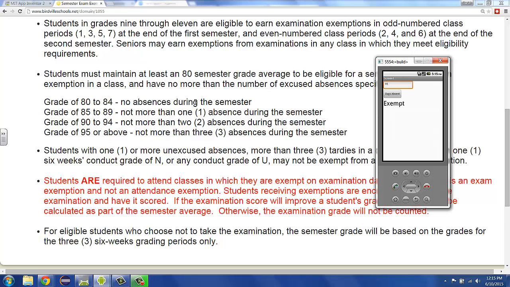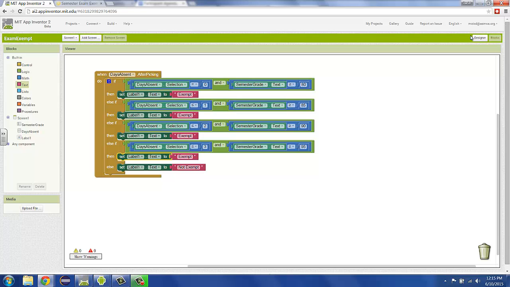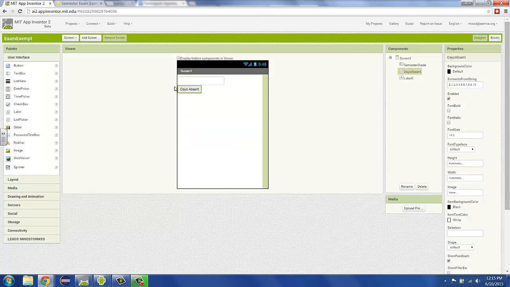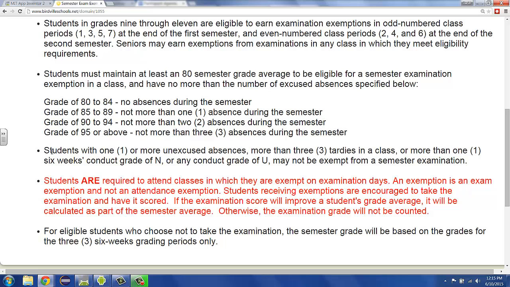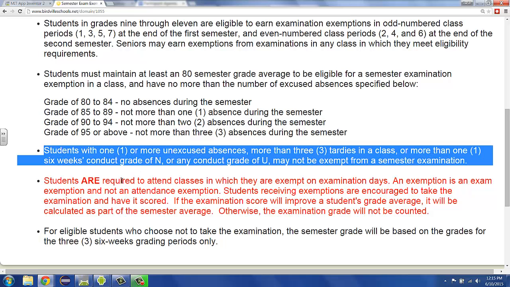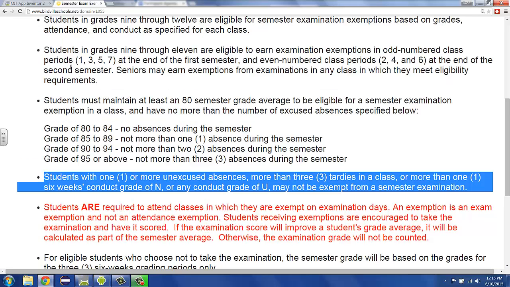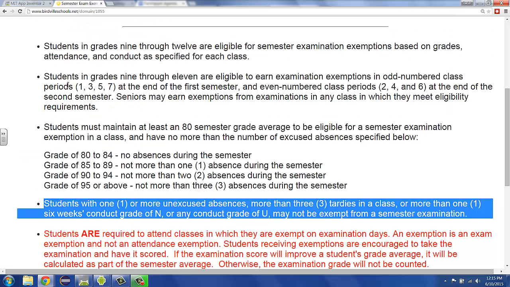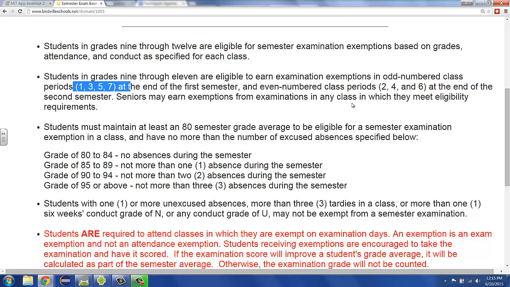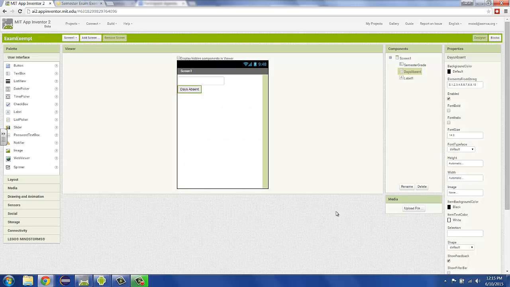It's really ugly. It could be dressed up by changing some of the properties of the design in the design view. You can add some more labels to explain the policy. A lot of things you can do to this. You can also add, most of these policies at your school will have other things that if you have unexcused absences or if you've been suspended from school. This one even has something about students in periods 1, 3, 5, and 7 can be exempt for the first semester, and 2, 4, and 6 can be exempt at the end of the second semester. So these policies tend to be a little bit more complicated,